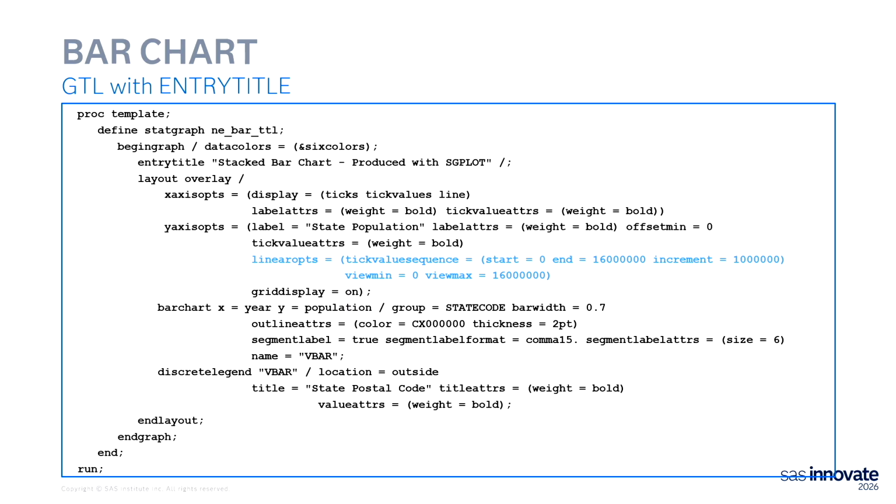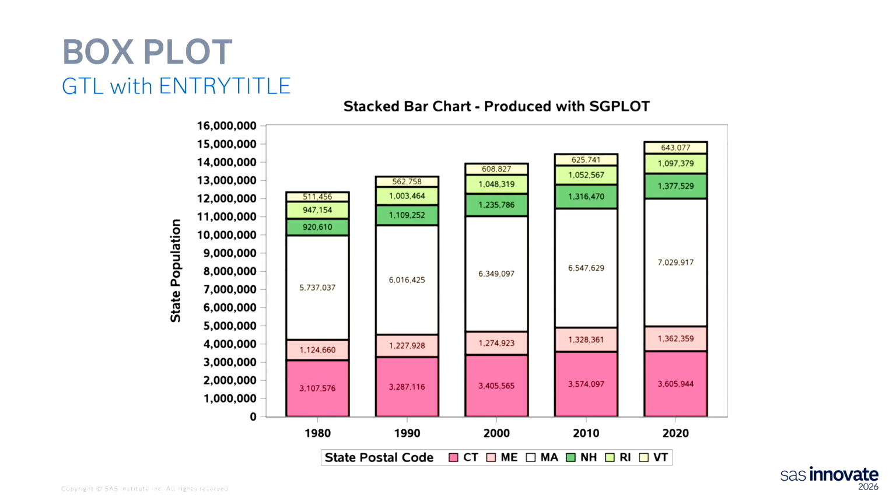Now, just to give you an example of when I've used it, I've created patient profile plots where I have to draw an arrow, and I need that arrow to extend past the actual tick mark value. And so then I use the view min and the view max to extend my axes, but I'm only showing tick marks up to a certain value. So that's how you can get arrows going past your tick mark values, to use your view max to extend past that value. And so this is what we're producing with the template.